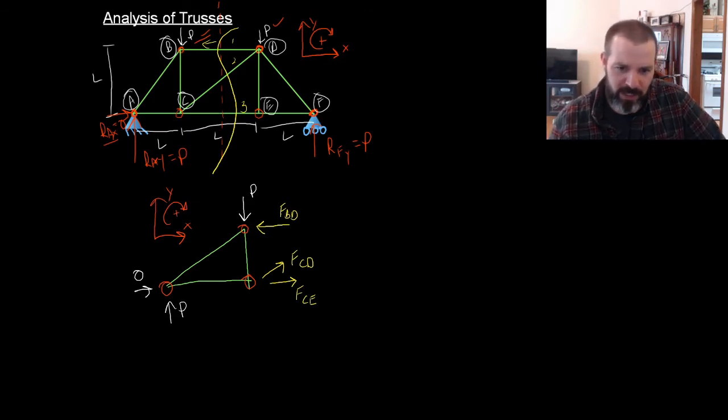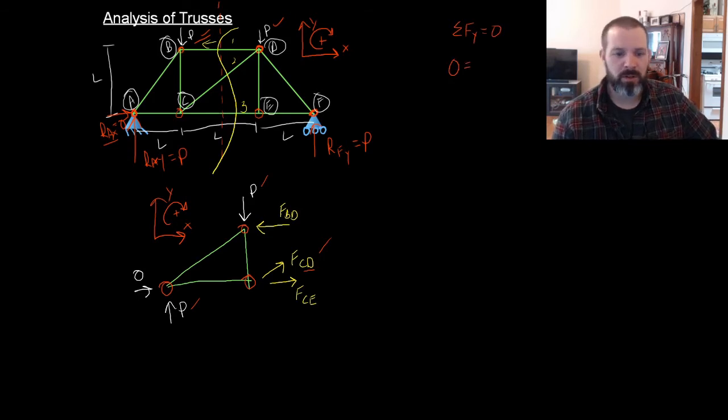So FBD and FCE both act in the x direction, as well as FCD. If we look for forces in the y direction, we have the applied load P, the reaction force P, and FCD. If we sum forces in the y first, we'll be able to solve for FCD directly. So let's do that. If I sum the forces in the y, they have to equal 0. 0 is going to equal